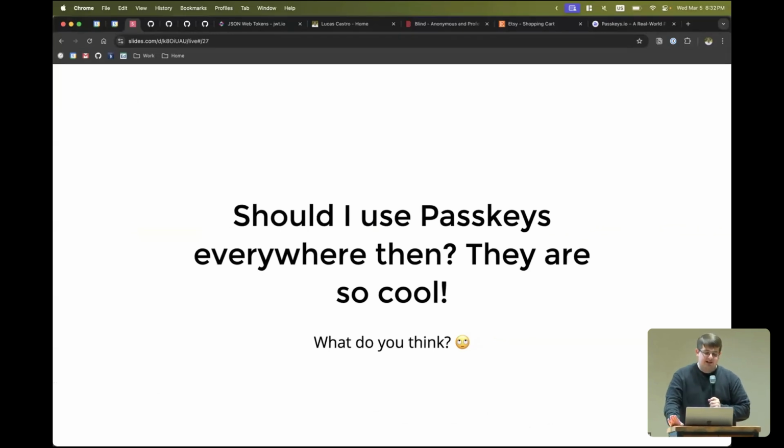Should we use passkeys everywhere then? They're so cool. I love passkeys, but they kind of suck after a while of using them. It's hard to get a good user experience with them. If you asked me 6 months ago, I would be super bullish. Yes, stop using passwords. But passkeys came to replace passwords, and they rely on the idea that your passkey is synchronized across multiple devices. Now you're locked in. If I want to use the iCloud Keychain, I need to have macOS and I need to have an iPhone. If I break that mold, say I have an Android phone,